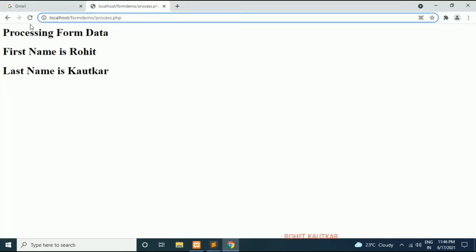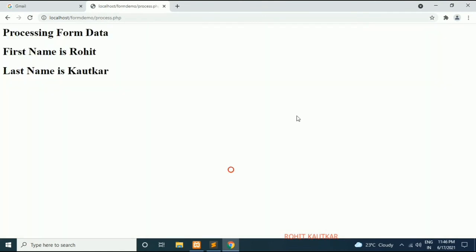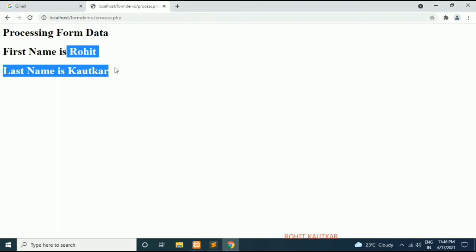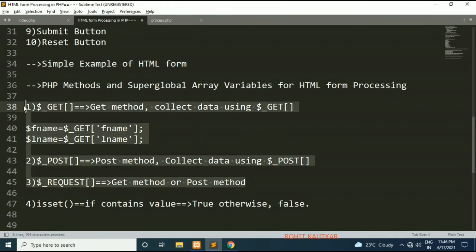Let's check what happened. Again I will reload this file and submit our data. You can see here we are getting our data. So like this, these super global array variables can be used for processing the HTML form through a PHP script.